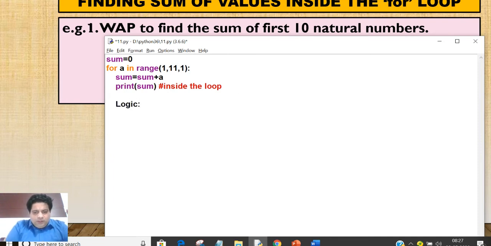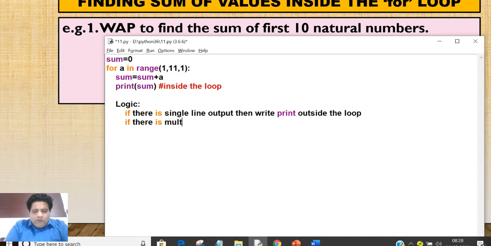What is the logic? If there is single line output, then write print outside the loop. And if there is multi-line output, then write print inside the loop. If you keep this in mind, this will help you in writing the programs.